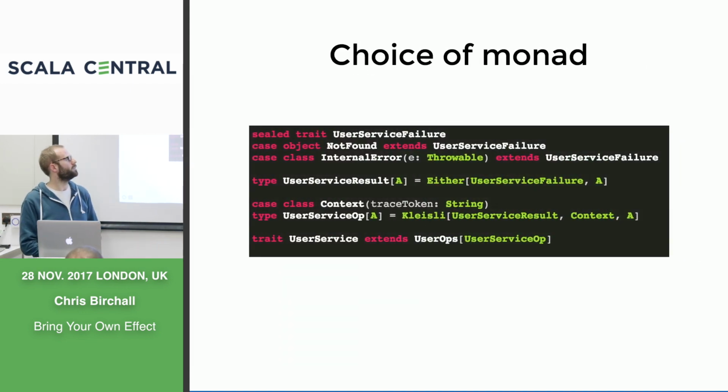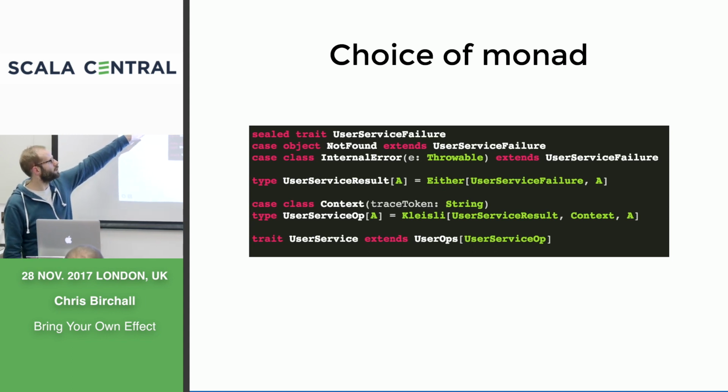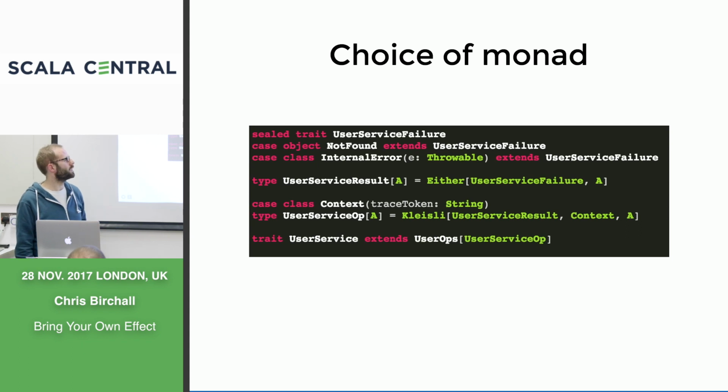Next, you've got the choice of monad. So in our case, we have to deal with failure and return the appropriate HTTP response code and so on, depending on the type of failure. So we've got this user service failure trait, which could be, say, user not found or some kind of internal error that we weren't expecting. So we've got our result of doing one of these operations is either a failure or some type A, say